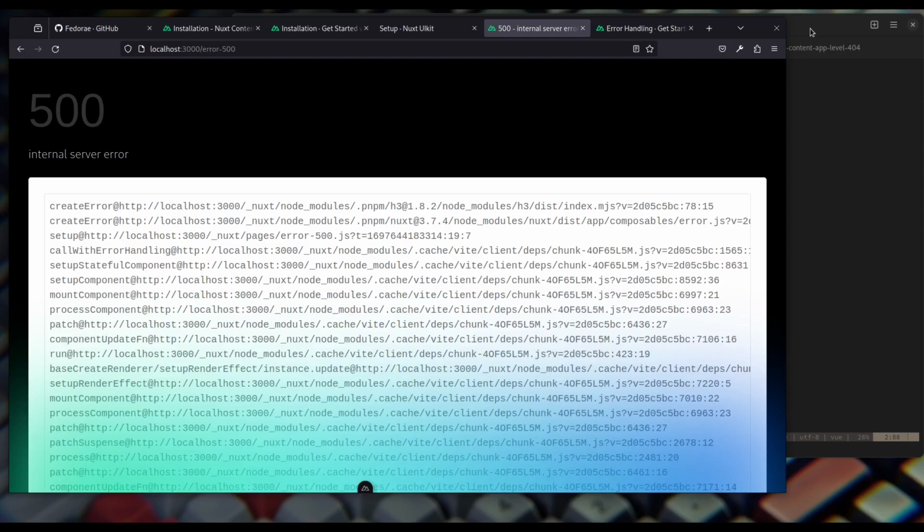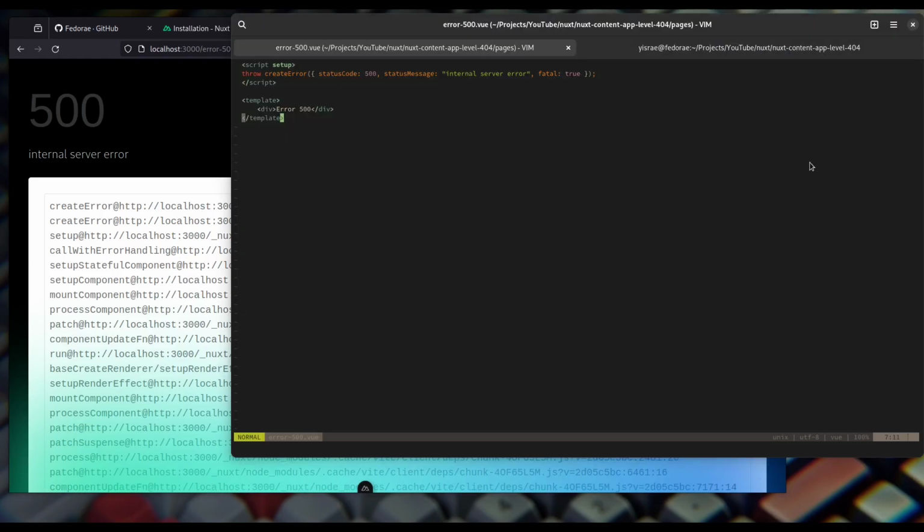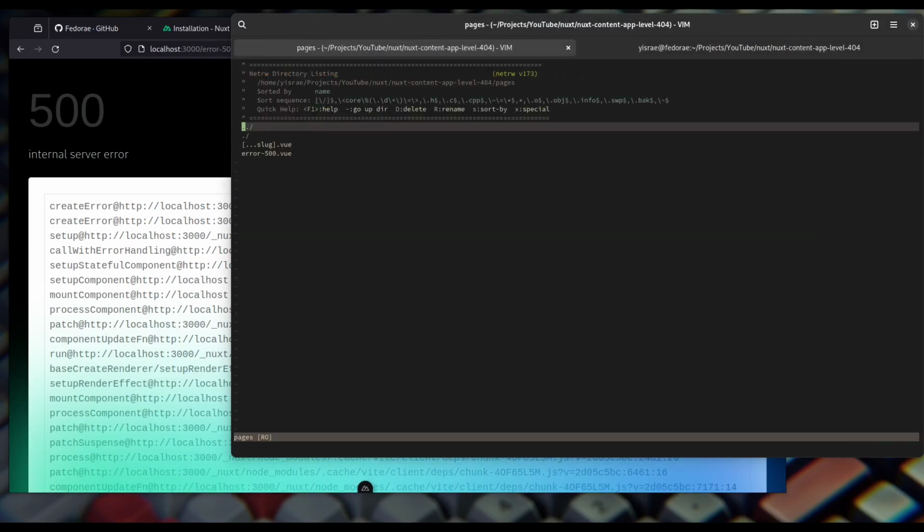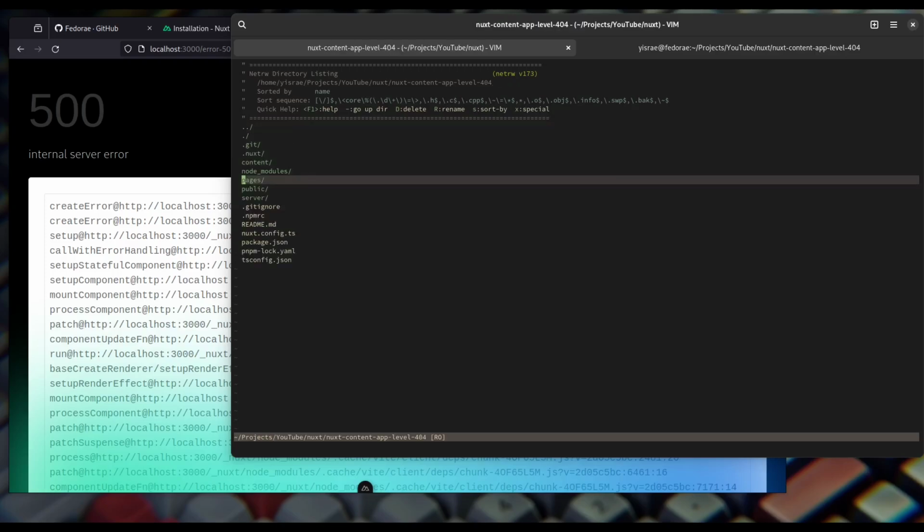All right, so in order to address some global error or make this look a little bit prettier, because we don't necessarily want to have the Nuxt default page showing back to our users, so we want to have something that is custom. In order to do that, what we need to do is create an error file, a view file, which is called error.view,